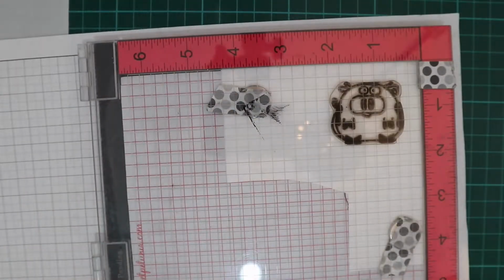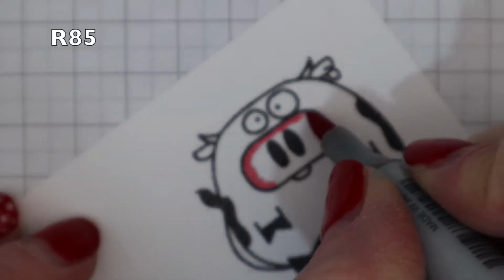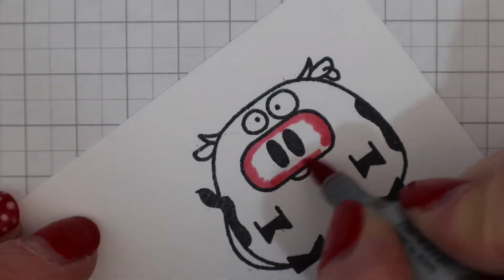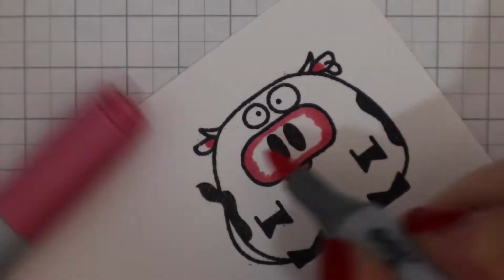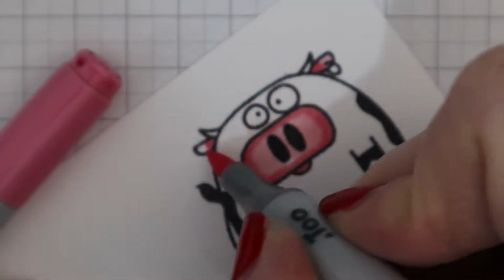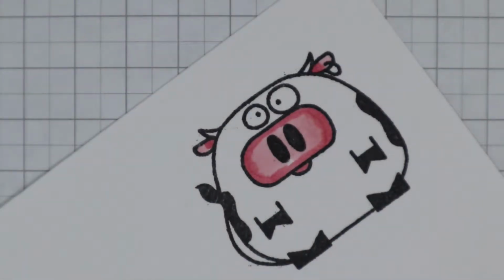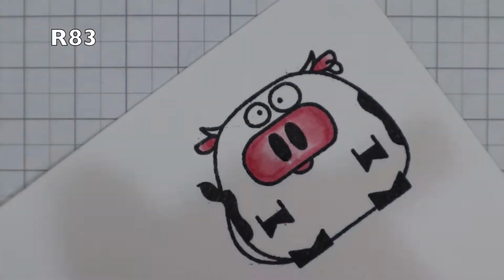Moving on, I've got the little cow from the Chubby Chums set by Paper Smooches. Stamped him on Neenah Solar White 80 pound cardstock with Memento Tuxedo Black ink, so it's a Copic friendly ink, and I'm going in with my Copics, and I decided, as it was such a small area to colour, to just try and do a 2-colour blend, and as you can see that just wasn't going to work, so I had to bring in another colour,